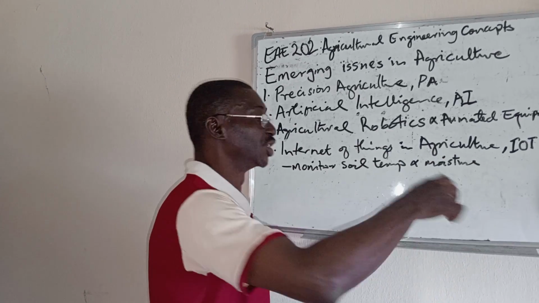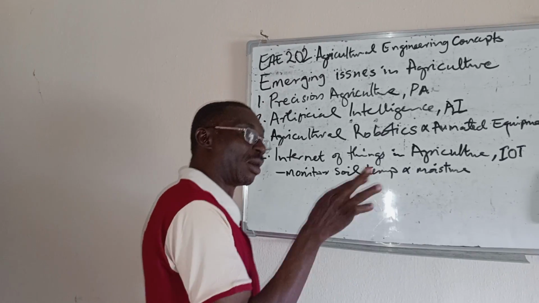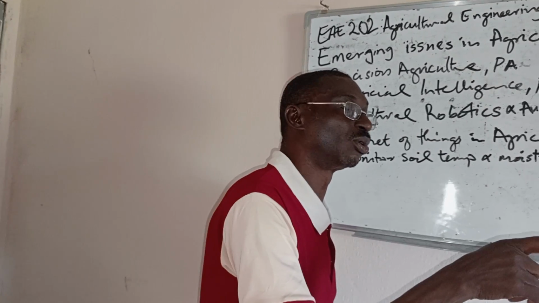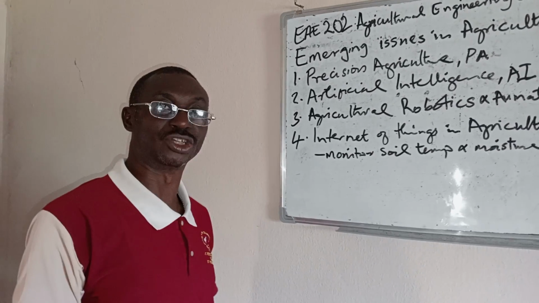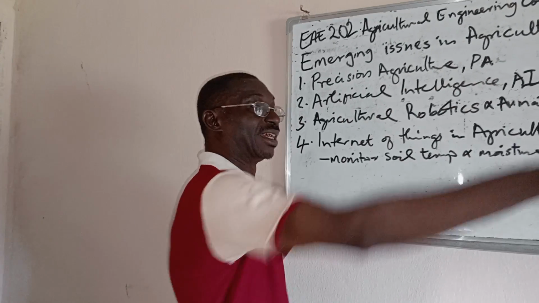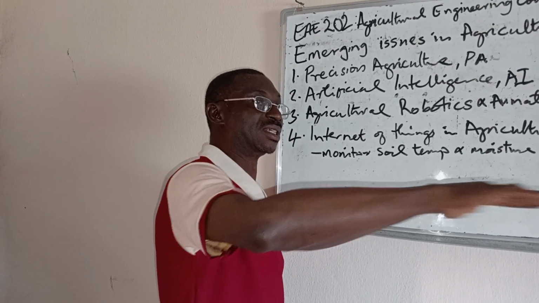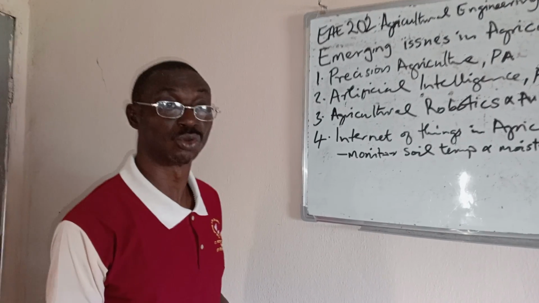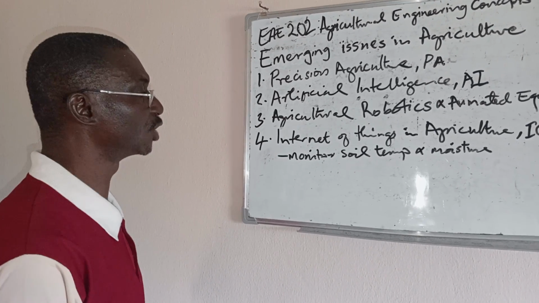And when it reaches the extent, probably you are monitoring it for your irrigation purpose, when it reaches the level to irrigate, it can trigger off another action, which will put your irrigation facilities into action, and you will achieve what you want. Then another application is